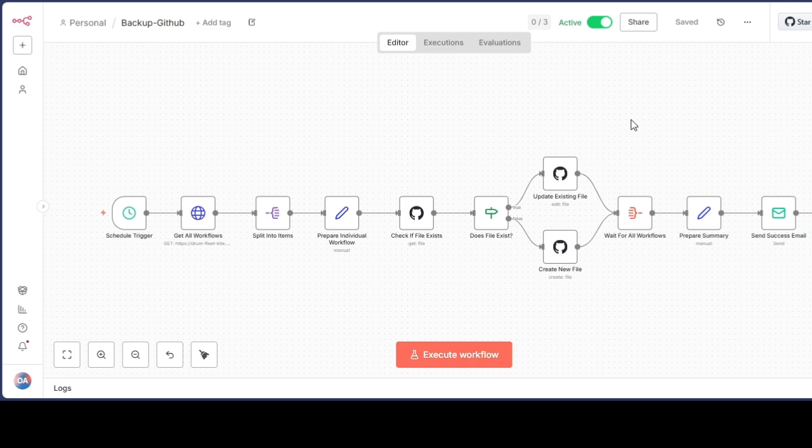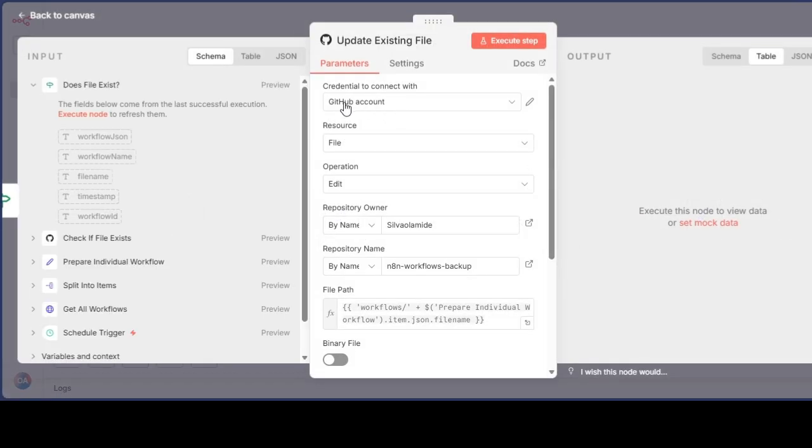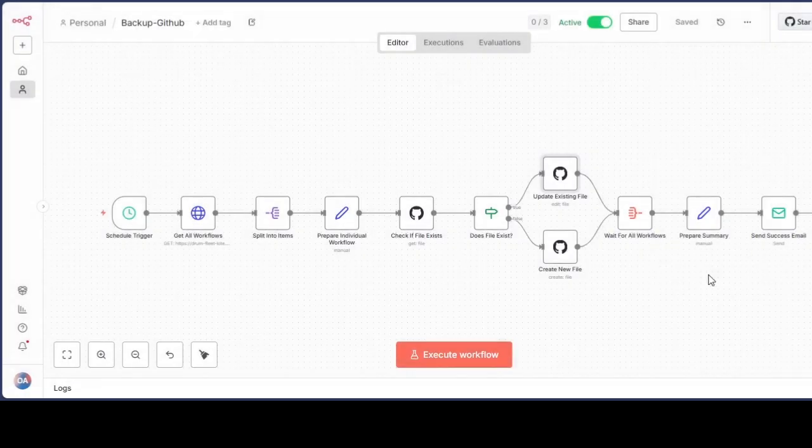All they have to do on their own end, let me quickly say this, is to set up the credentials, those logins. For instance, on this node, this is the GitHub node, right? I have set up my own login, my own way of logging into my GitHub account. So you see the credential here is GitHub account, right? Now all the person has to do is to do all this credential setup. That's all they have to do. They have all the nodes, they have all the codes, they have everything that it takes to recreate that project